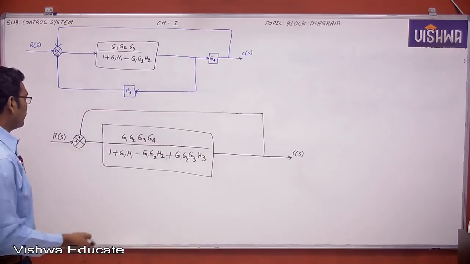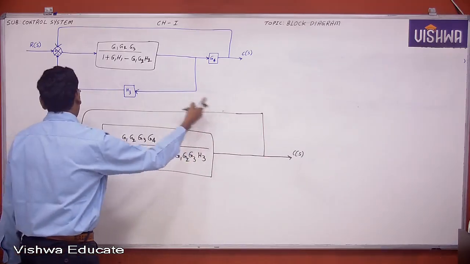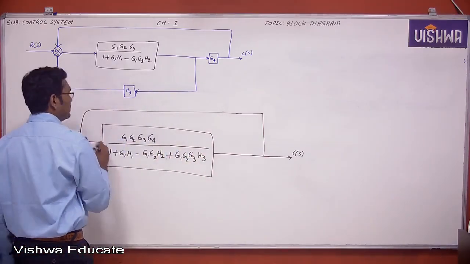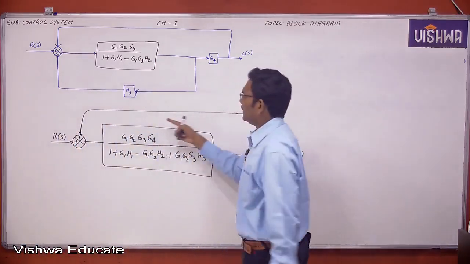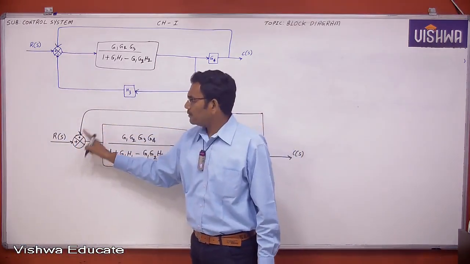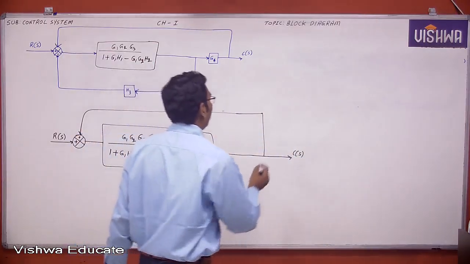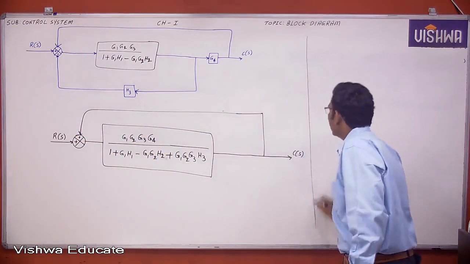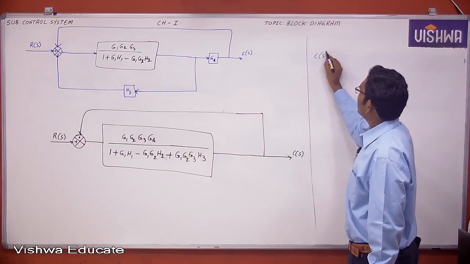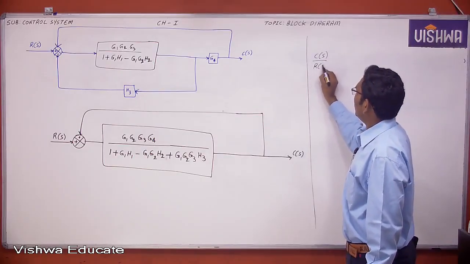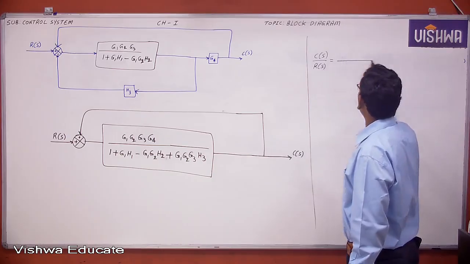Now this is the forward path, and again this is the feedback path. Listen carefully. This is the feedback path. But which feedback is this? Positive feedback. So what is the answer I am saying? You tell me the answer directly. Now the transfer function C of S by R of S is equal to, first numerator as it is, you write,